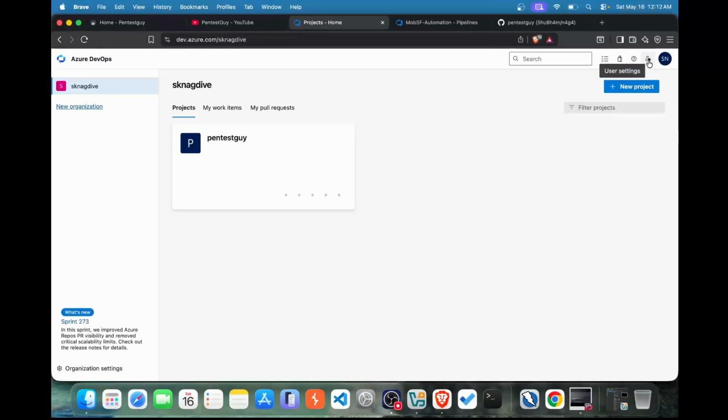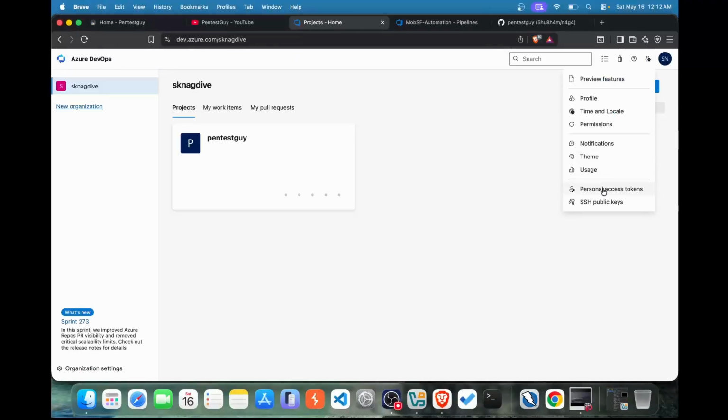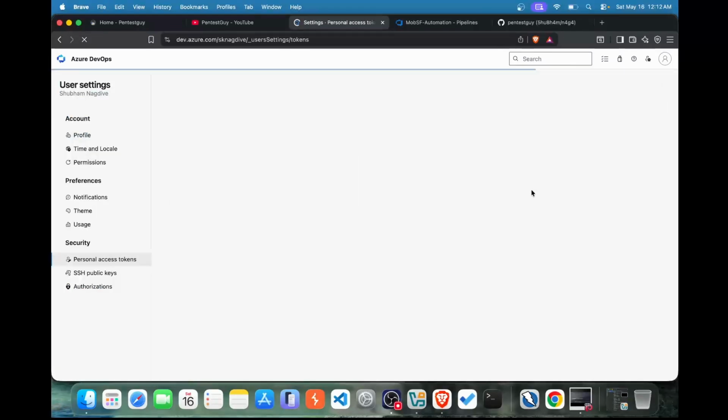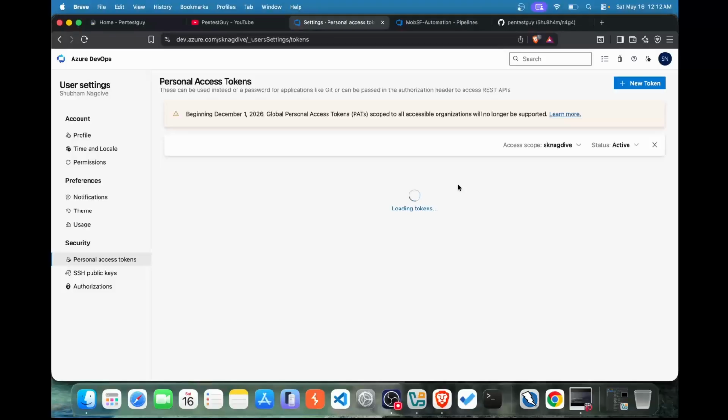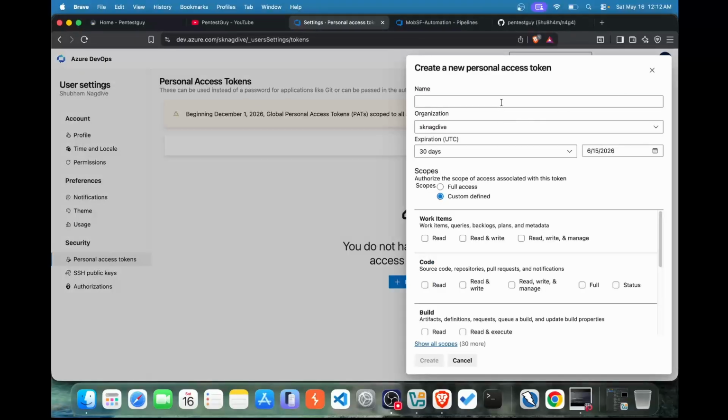Then in the right corner, go to the user settings. In the user settings, you can see there is personal access tokens. Create a new token. Here we are giving a meaningful name. So I'm giving, let's say, agent pool. You can give the expiration date, for example 90 days,